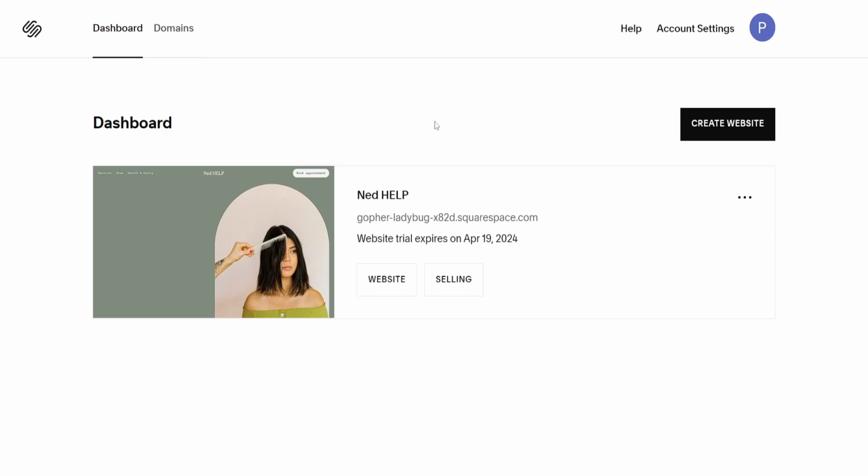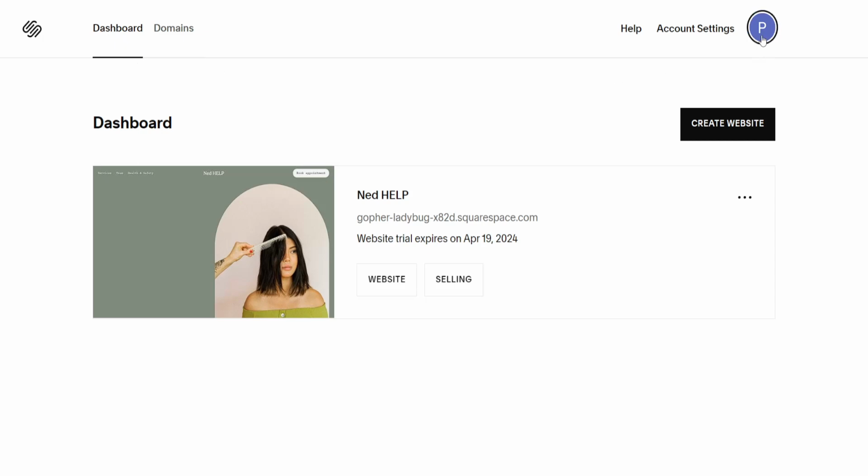How to change your email address on Squarespace. So this is super simple, but you have to have used an email address that you have access to. If we want to change our Squarespace email, then here I've just logged in and I've opened up my dashboard,